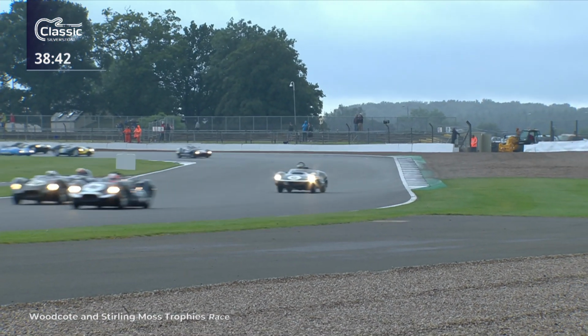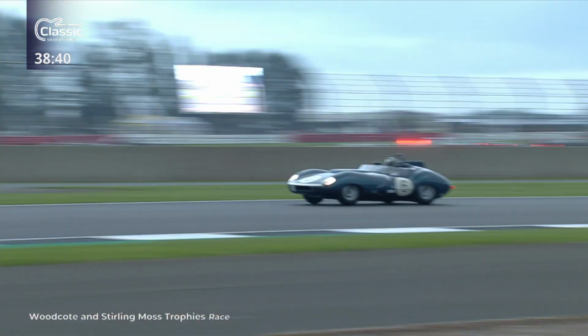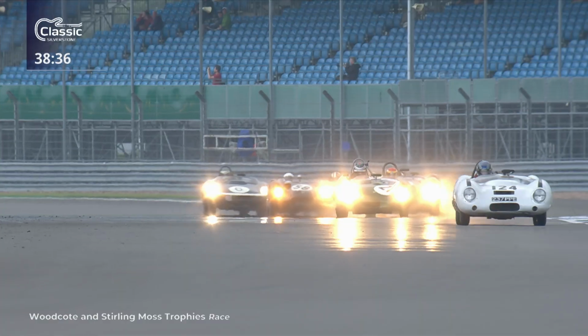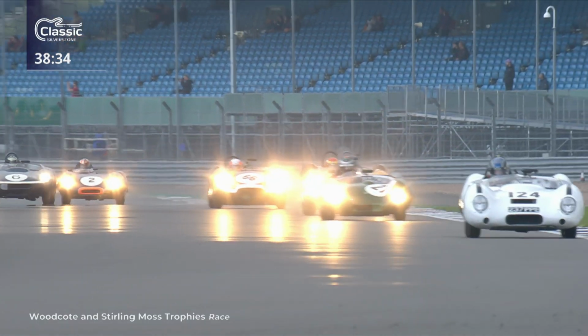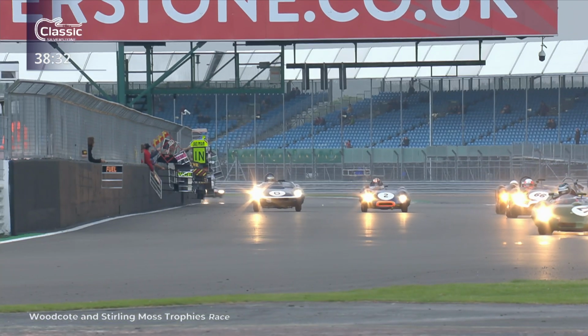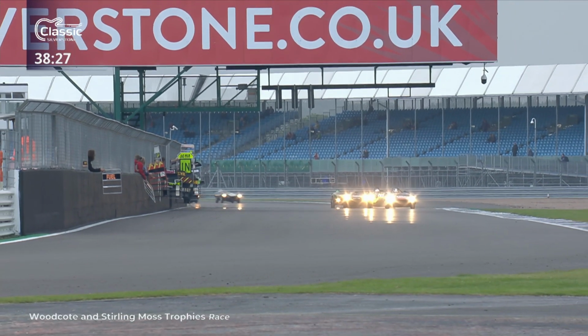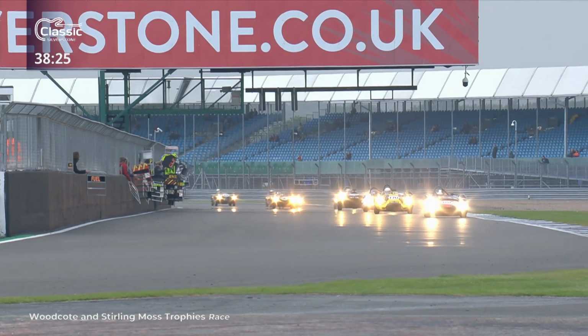Cars running out a little bit wide as they come out of Luffield. Number 6 there coming through, and that is the car of James Cottingham and Harvey Stanley. But our race leader has made a little bit of a getaway, no doubt about it. Yep, and Richard Bradley right in behind him in a similar car, the Lotus 15,